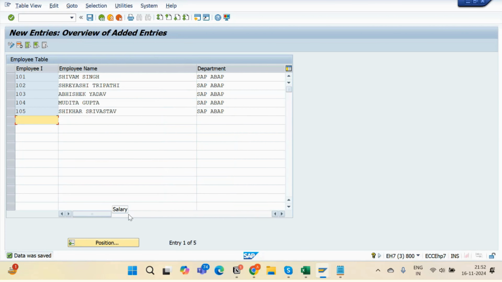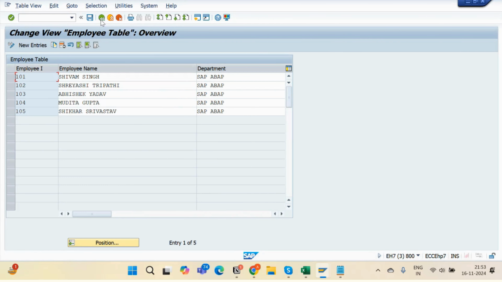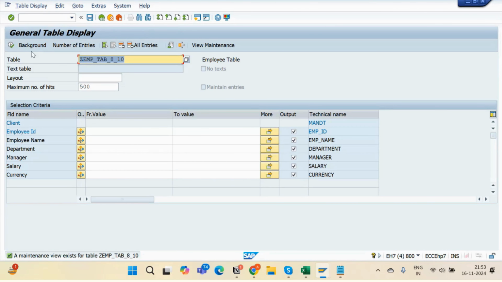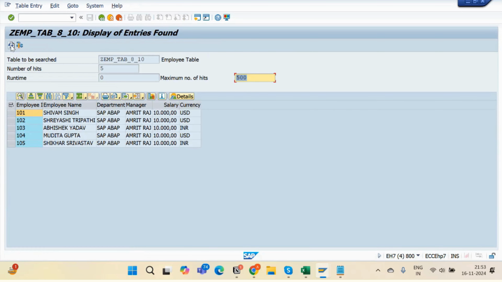So for example, if you want to search for data, maybe using SE16N or something, you can go for it. Let's go for SE16, pass our table, and go for the execute button. See here, all the data you are going to see. Now, if you go back just one step back,